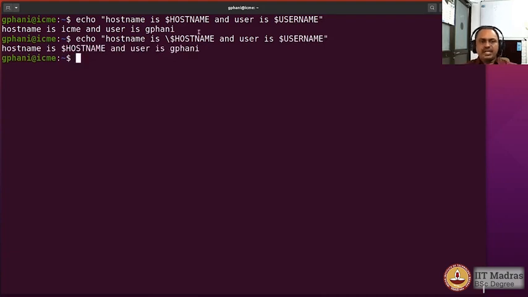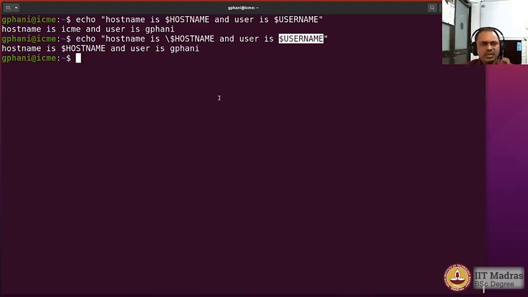Now you see the difference. In the second command, we have used a backslash, which meant that the dollar symbol is not interpreted as the first character of a variable, and therefore the entire word is not interpreted as a shell variable and is displayed as it is, whereas the other variable did not have the escape sequence of backslash, and therefore it will be interpreted and the value of that particular shell variable is displayed. So you can now see that you have a possibility to escape the interpretation.